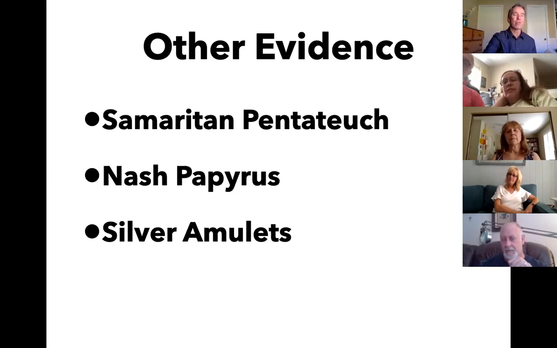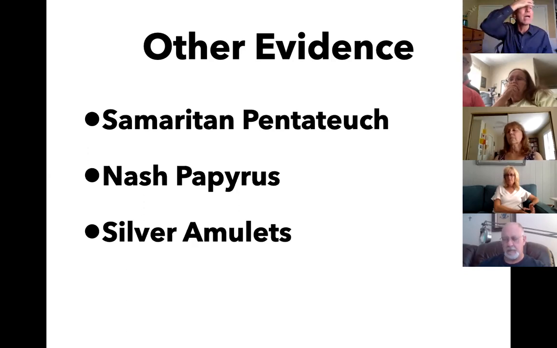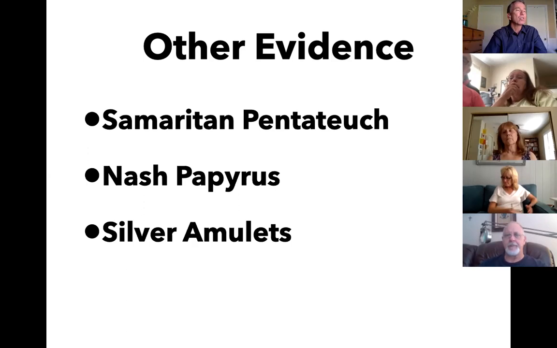So amulets were something very similar to that. They most likely would have been worn around the neck or the wrist, and they were covered very densely in Hebrew manuscript. As they read it, they started to see that these were from the period around 586, right before Jerusalem was destroyed by Nebuchadnezzar. So that's a little bit earlier. That's interesting. So you have these silver amulets, and they were described by this professor at New York University like this: